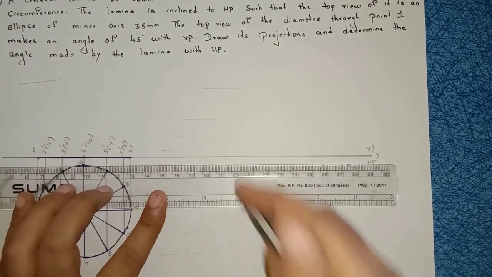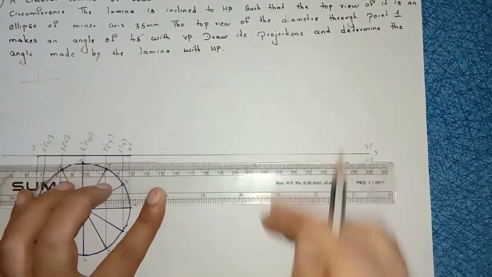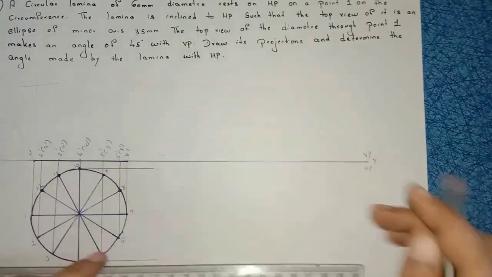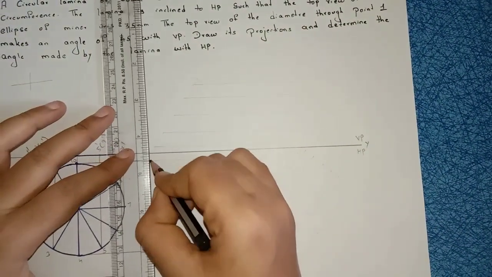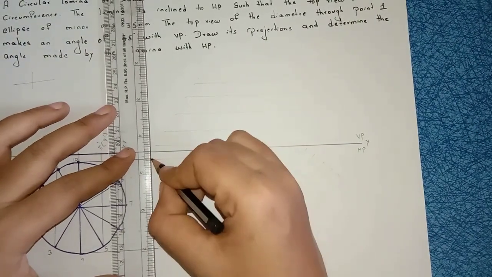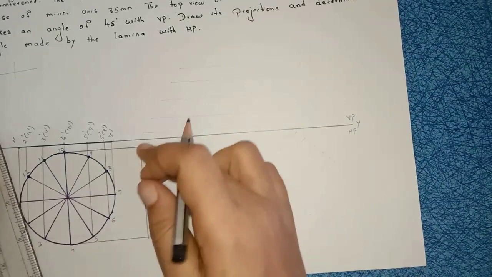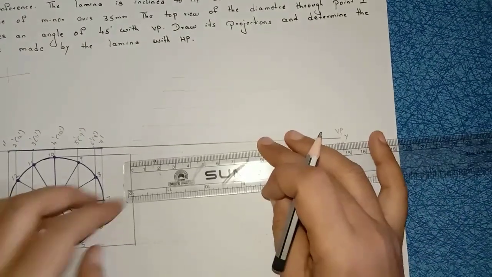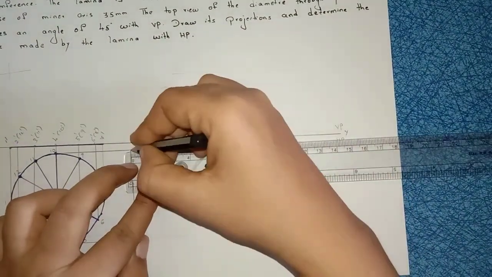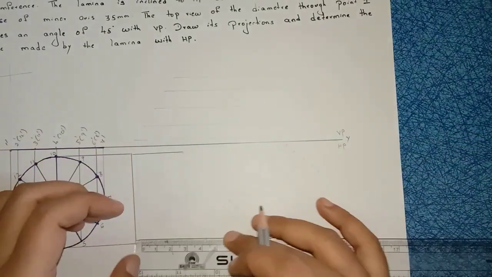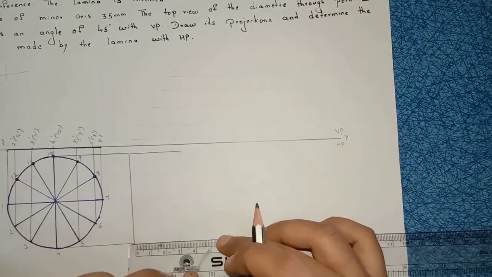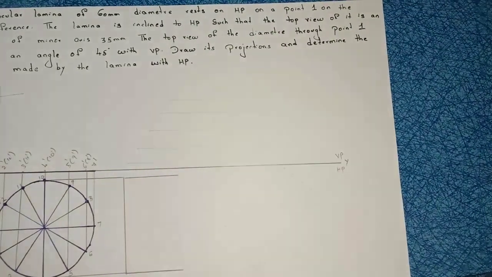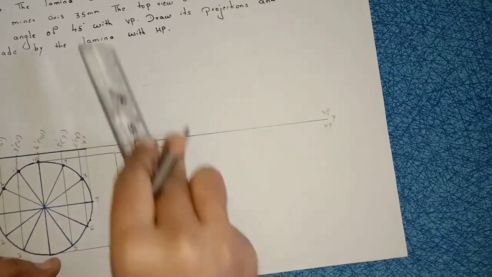So what I am doing here, now you see, this is the 10th point. Now from the 10th point I am projecting the line. And this is the 4th point. Now from the 4th point I am projecting the line. Now I am drawing a major axis. This is your major axis. Minor axis is 35, so from this point I am constructing a 35 mm line. This is the minor axis. See, that means major axis length is 60 mm, minor axis is 35 mm, right?